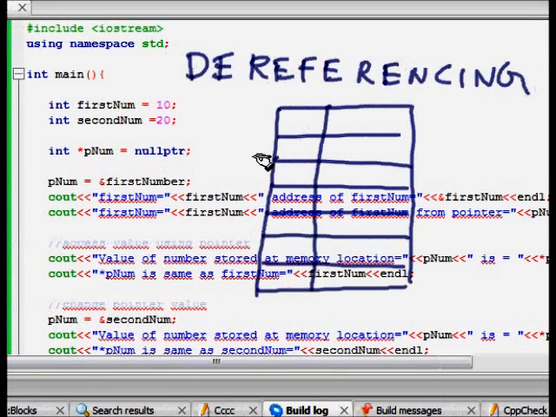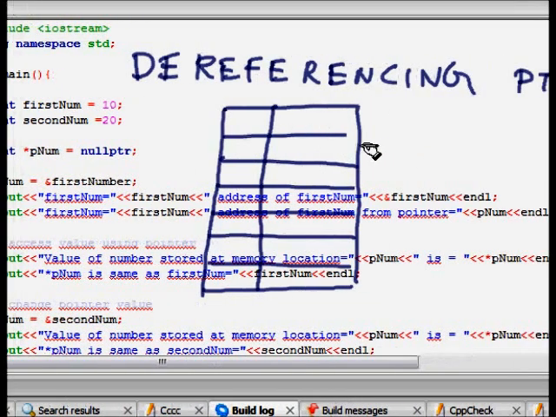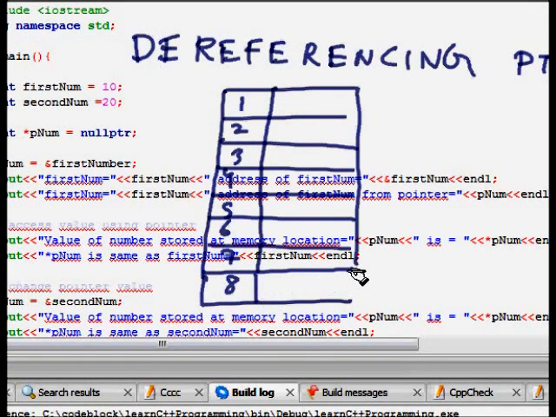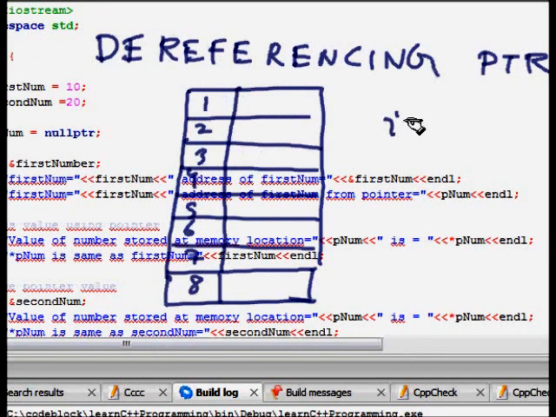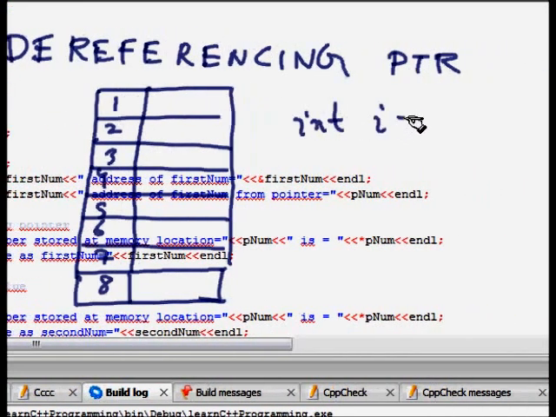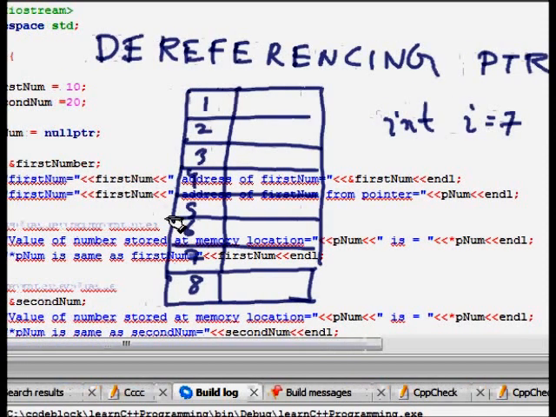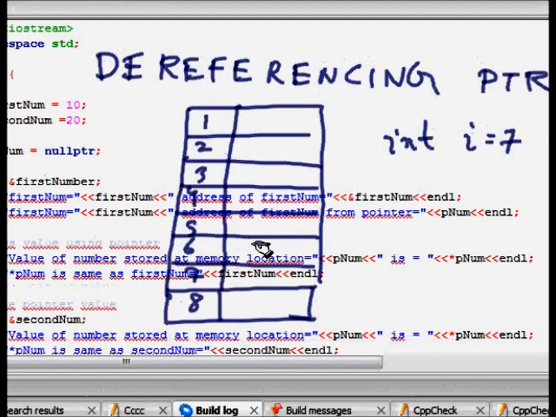Pointers are variables which tell in which memory location a variable is stored. If you have, let's say, 8 memory locations in your computer, and I defined one variable int i = 7, then it will be stored in one of these cells, let's say 6.